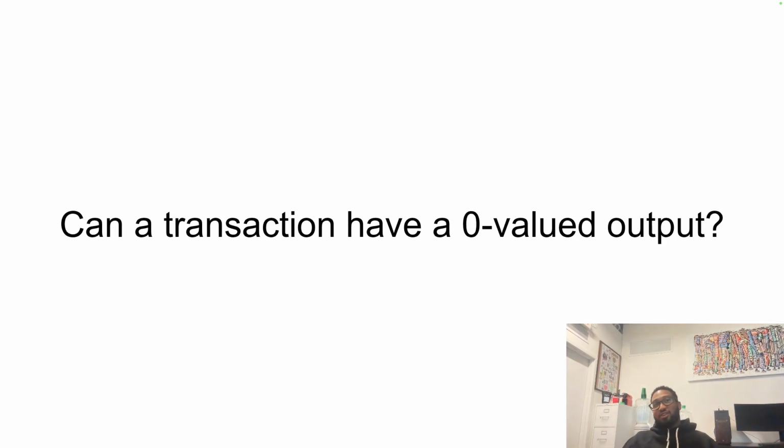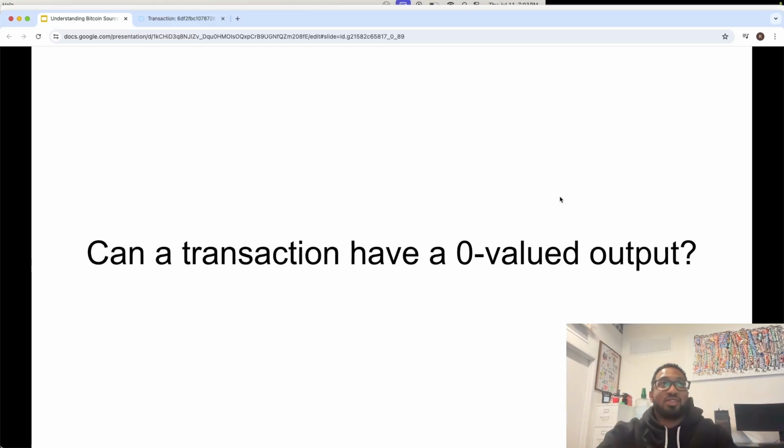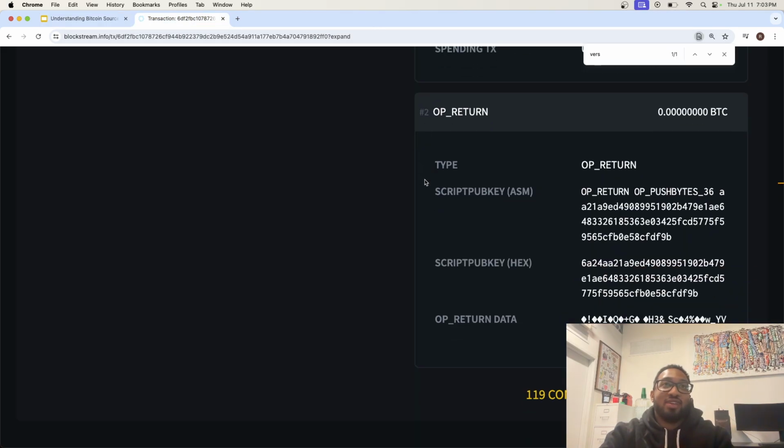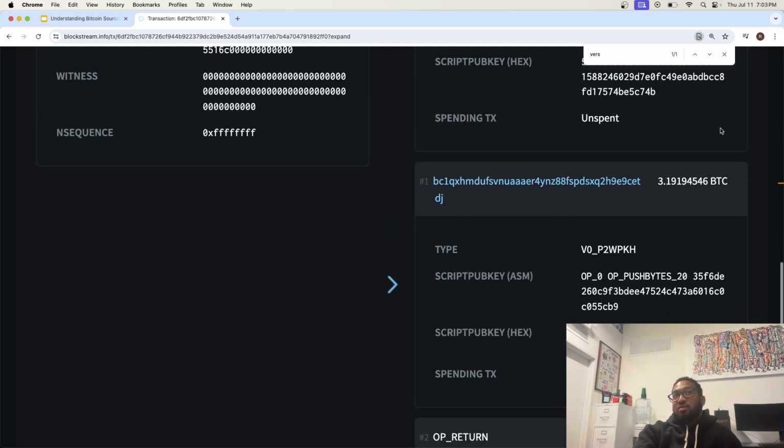Can a transaction have a zero valued output? And this was also in the presentation. OP_RETURN, we had that zero value output. You don't need any value for your output. I could even just show it again. Wait, what does that mean? Burn a coin or something? No, you're not burning any coin. You just have an output that isn't sending any money. Well, you're burning the input. The input, but this input is a coin.